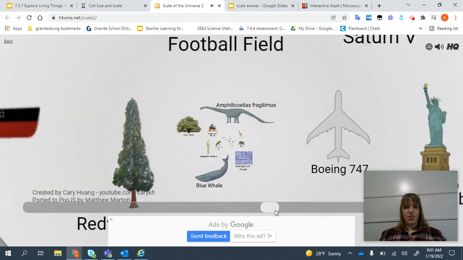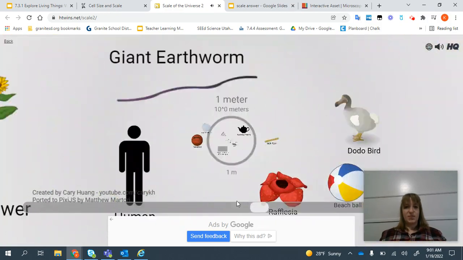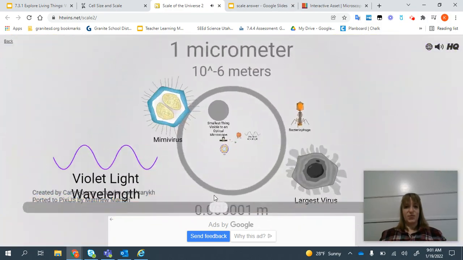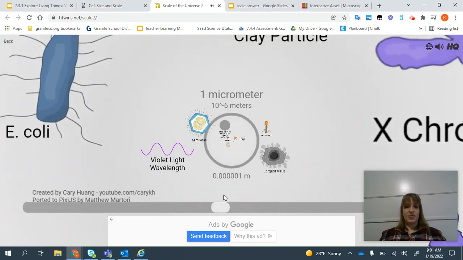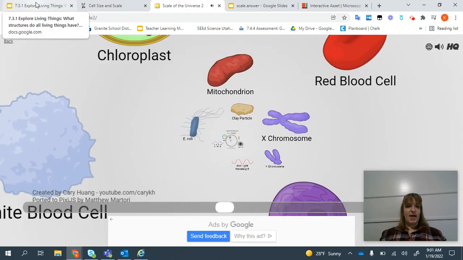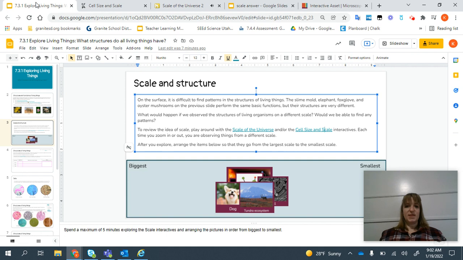If you zoom out, things get bigger. If you zoom in, things get smaller. So you can explore these two websites, and they can help you see the different scale of different objects. So then what I want you to spend time doing after you are done exploring,